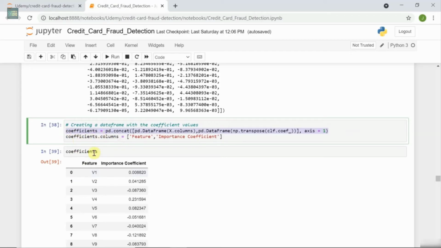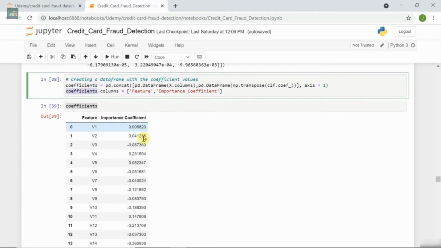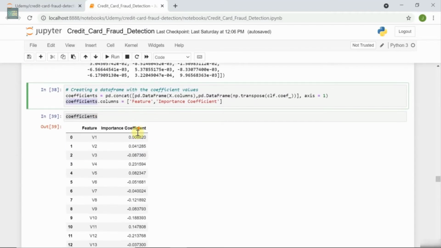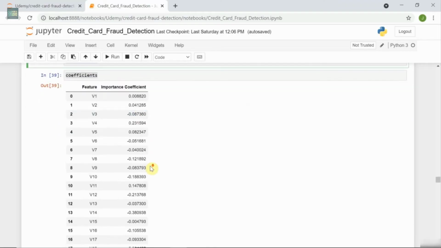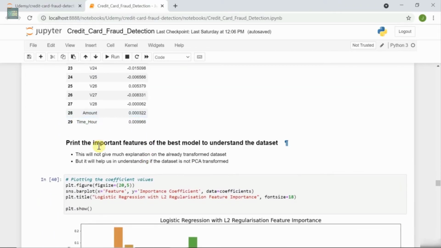So we print out this table of coefficients, and here we are renaming the columns. Once we do that, we print the coefficients, and we get something like this. For each of the features, we get to see the coefficient value which the model has prepared. So at the end, we want to see the features which are more important, which are contributing significantly to this